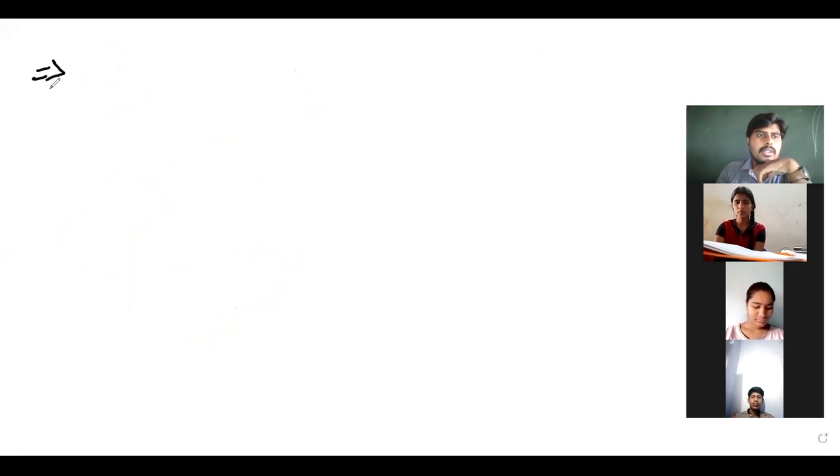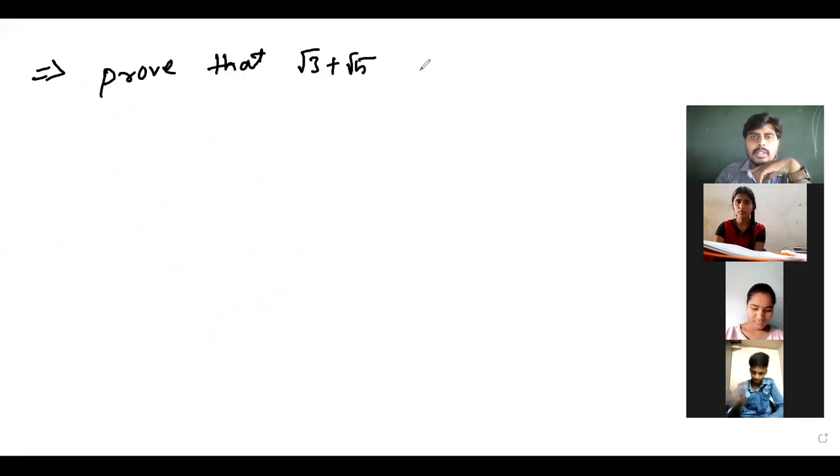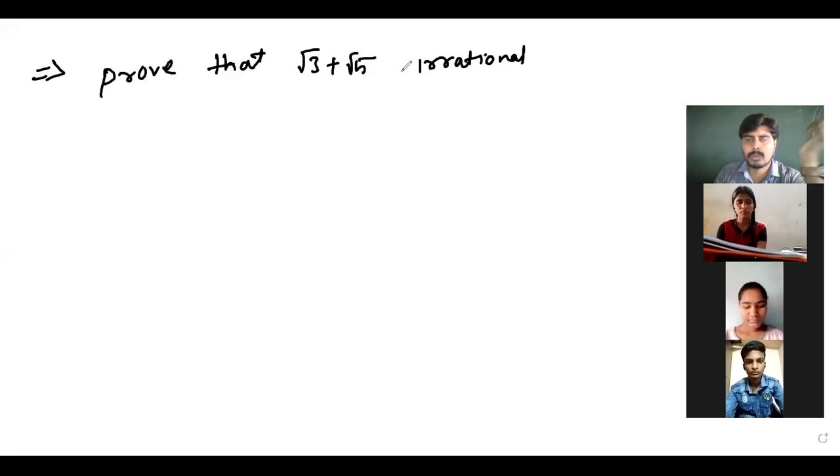Right now, see, prove that root 3 plus root 5 is irrational. I think it's your exercise 1.3 third question, 1.4 third question. Whatever the number, the procedure is the same for all the problems. If you have minus between root 3 and root 5, no problem. Follow the same method, the same steps, just replace the numbers, that's it. Okay, right? So we prove this problem by contradiction, right?